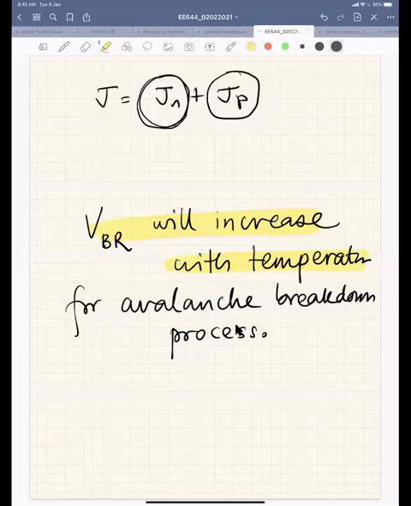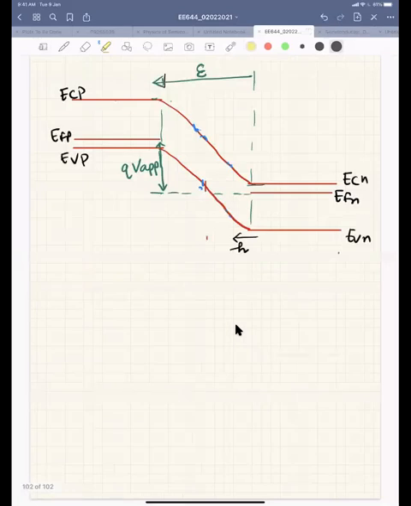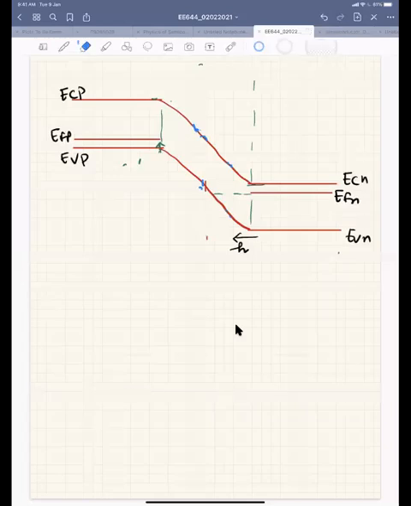Okay, so this is about the avalanche breakdown process. Here you see the band diagram in reverse bias. This is the conduction band of electrons, and on this side I have the conduction band inside. So if you look at the conduction band,